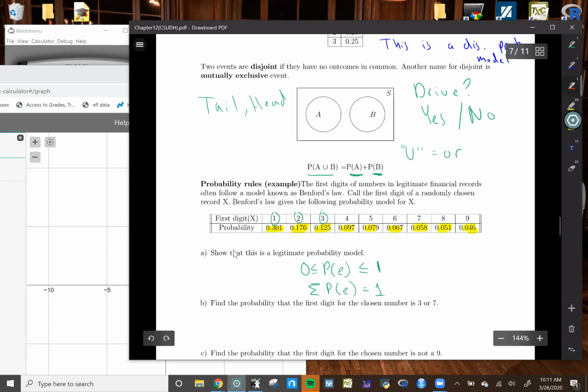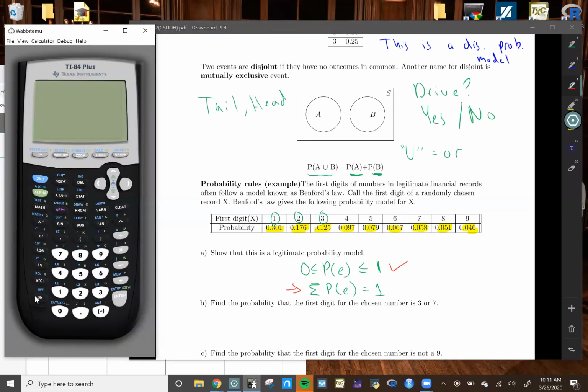Okay. So are all of the numbers that I just highlighted between 0 and 1? Yes. Cool. So we'll check this one off. All right. So how can I check the second one? You add them up? Yeah, let's add them up. So I'm going to get my calculator over here. Let me turn on the calculator, and let's add them up. So we'll say 0.301, oops, I didn't put the 1, plus 0.176 plus